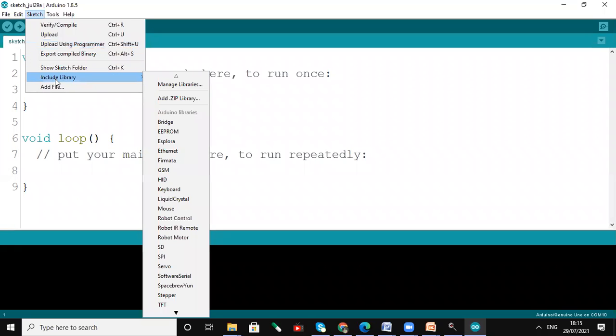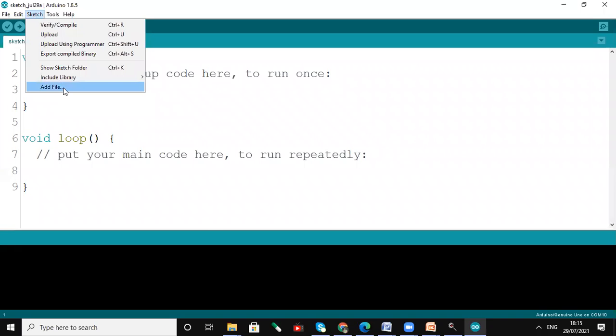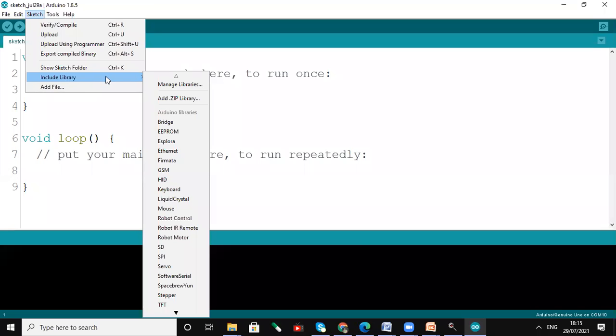Now the important thing is that if I have used some sensors, then you can add a library. This function is given to add and manage libraries. You can download the libraries required for your function and use them. So the Add Library and Include Library functions are used.